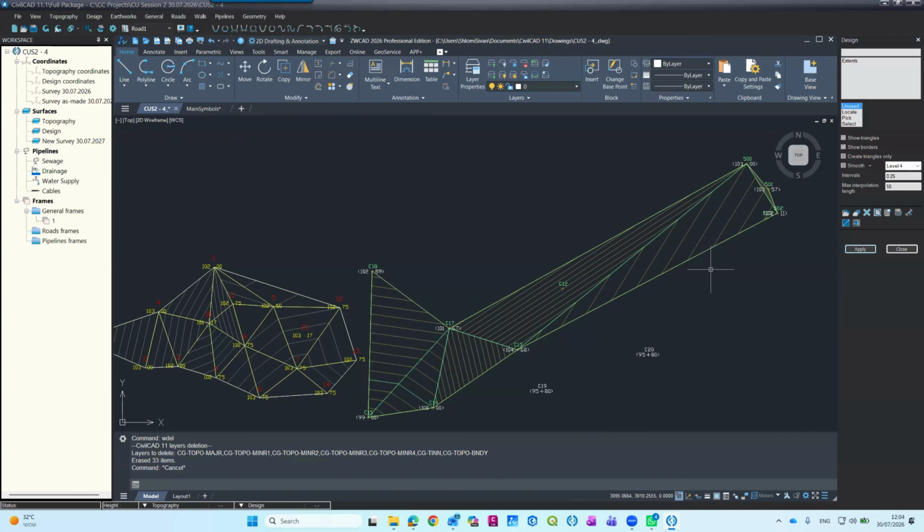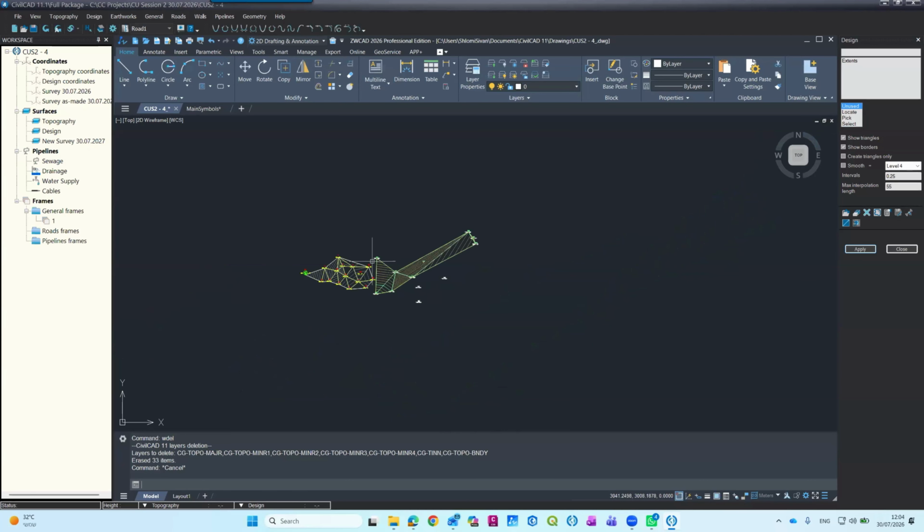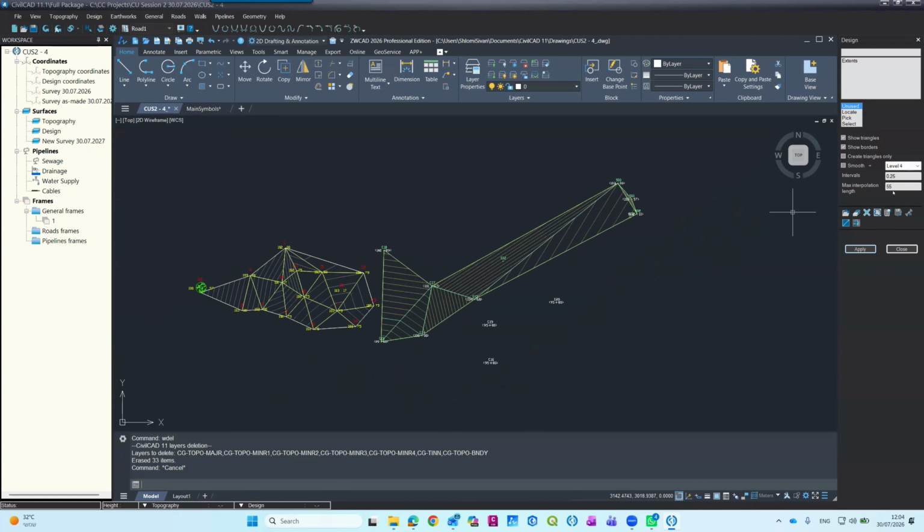which has an edge, a side of the triangle, which is longer than 55. But also this one was removed because probably it has the same thing. Meaning from here to here, it's probably also bigger than 60. So what I'm learning from that, maximum interpolation length usually works. And people ask me, so how much do I put? 50, 30, 60? Well, the answer is it depends on